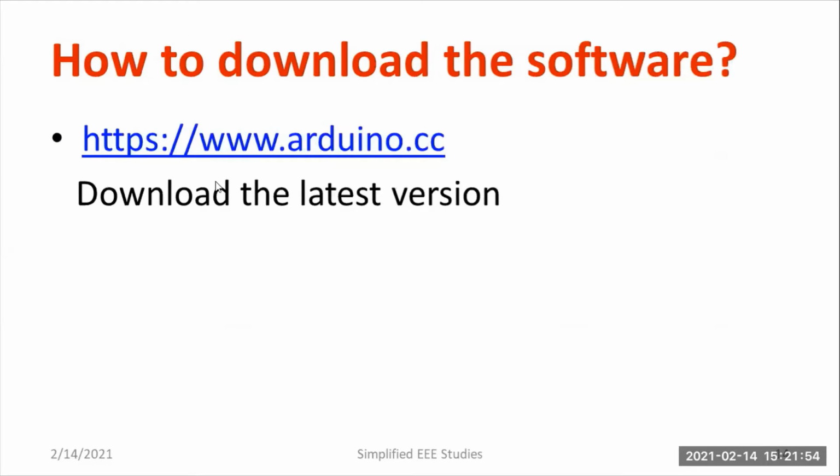First of all, you have to download the particular software from this website. This is the official website of Arduino, so you can download it very easily. If you want, I will prepare a separate video on how to download this. Visit the website and there is a Downloads option. So click on Downloads. Then you can easily download. It is applicable for all types of operating systems, especially Windows, Mac, etc.